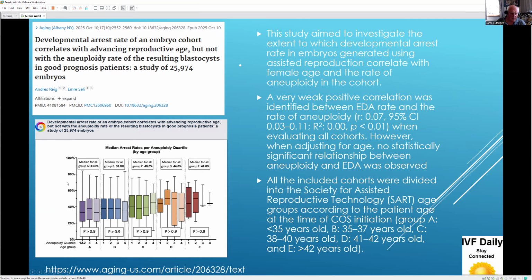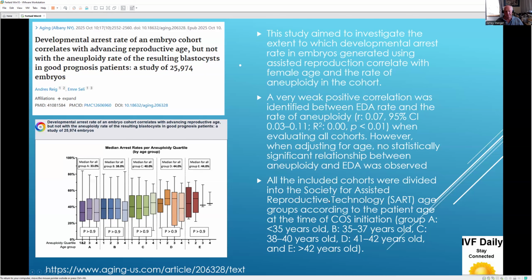This is the rate of developmental arrest, and these are the subgroups of how much aneuploidy. So this one, for instance, is more than 75% of the cells aneuploid compared to less than 50. Here, for instance, it's less than 25% of the cells aneuploid compared to 75% aneuploidy, and looking at the